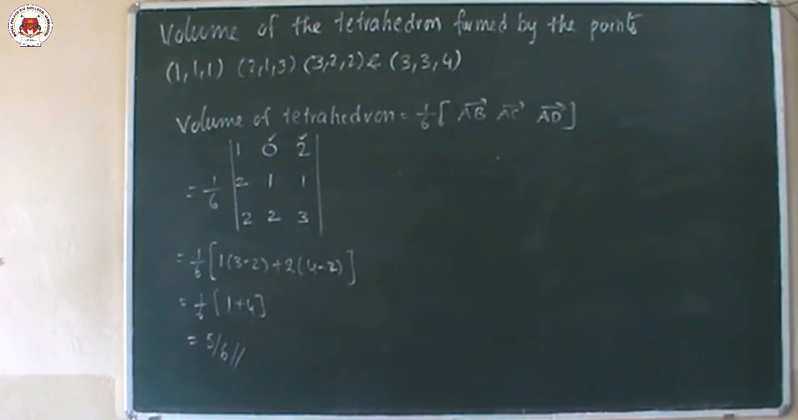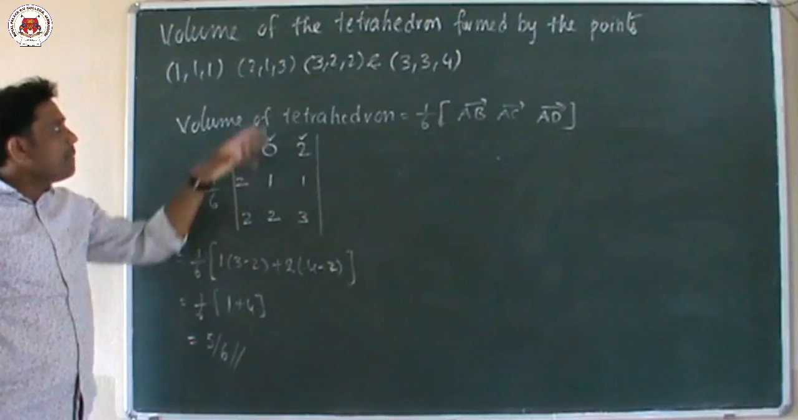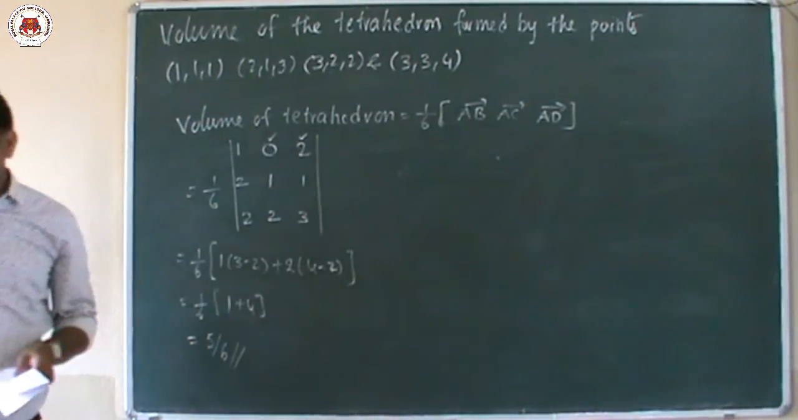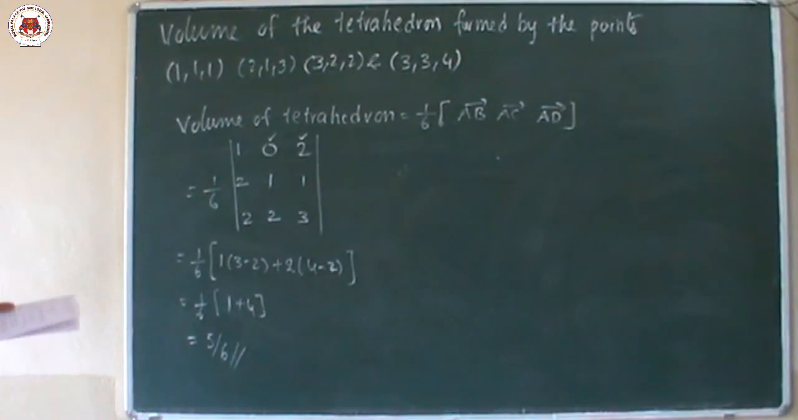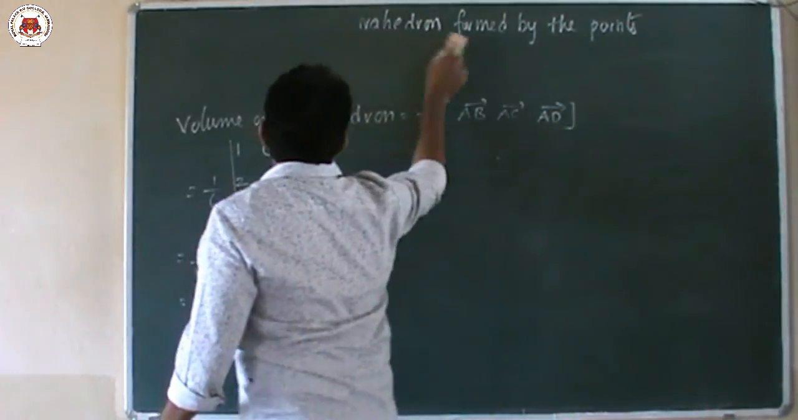So the volume of the tetrahedron is 5 by 6 using this formula. B minus A, C minus A, D minus A. Directly if you substitute, you will get the answer. Then we will go to the next sum. The next question is